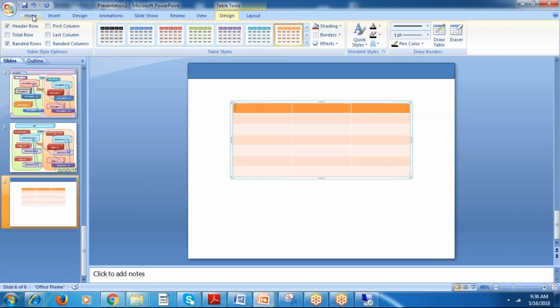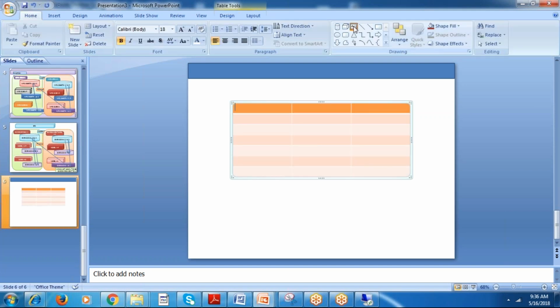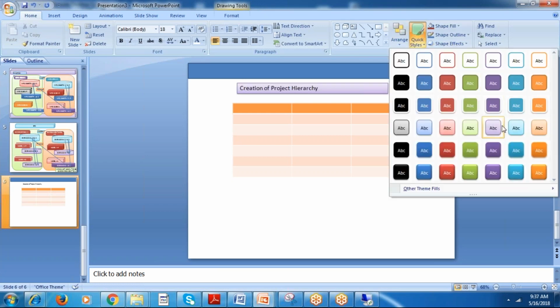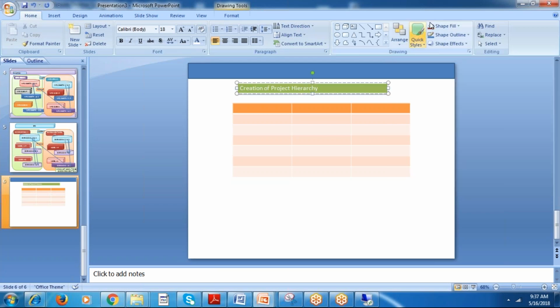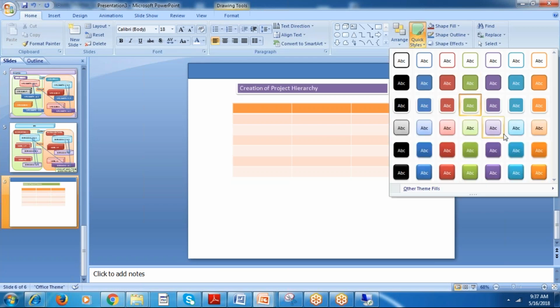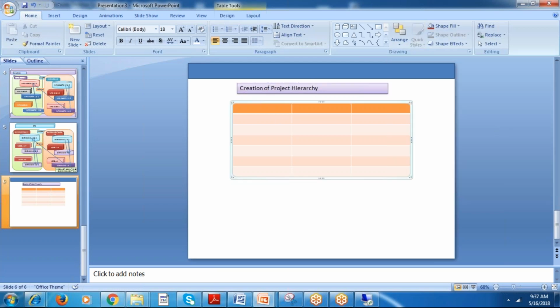For example, creation of project hierarchy. What will happen if I create the hierarchy here? How can I create the hierarchy? What is the way? Is there any process to create the hierarchy for the dimension members?